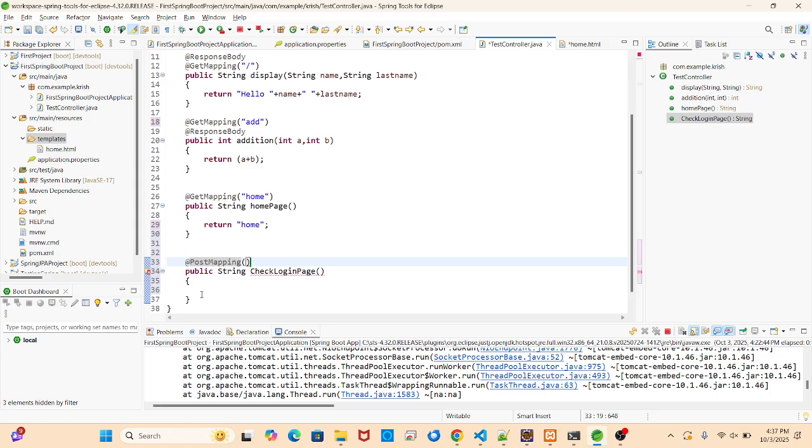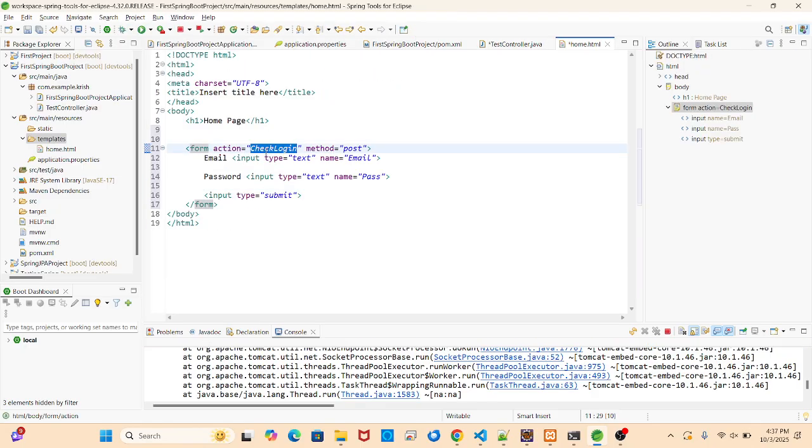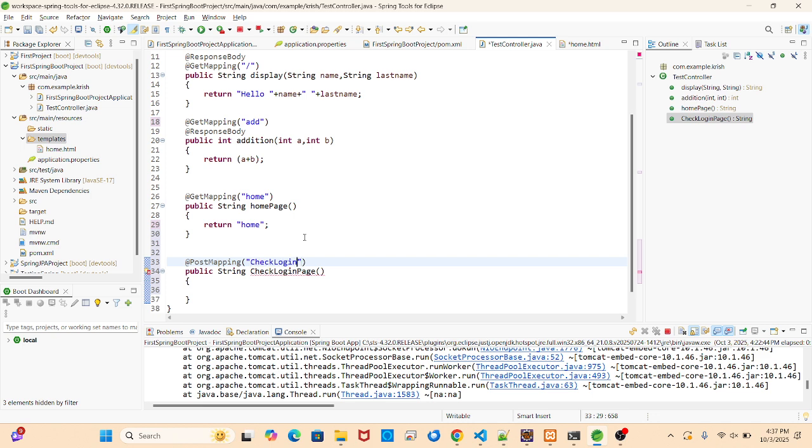PostMapping. What was the route name there? This one only you have to pass from this. Okay, so it will come here for checking the post. And here I just want to return one message. I'm just checking whether it is coming here or not. Got it. But again, the got it will look for the page. I don't want the page. I'll load the response body. So after submitting it will just display one text that is got it.